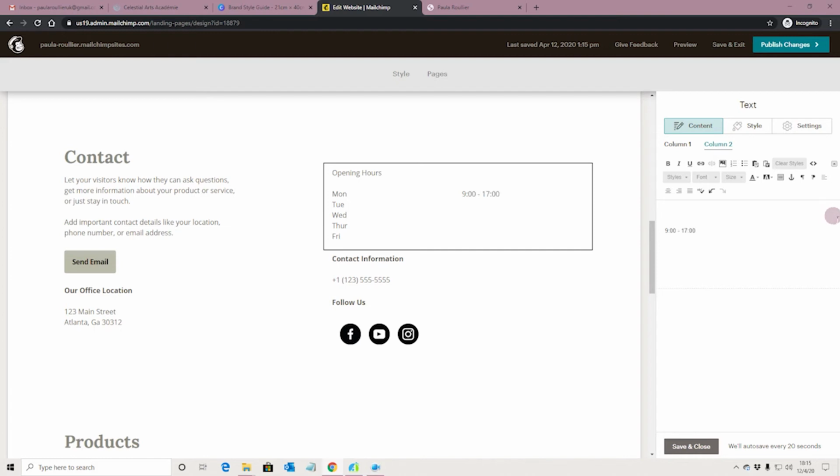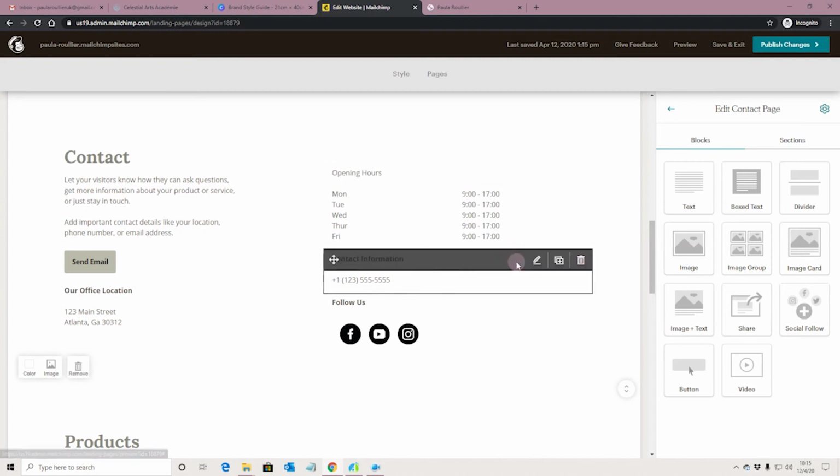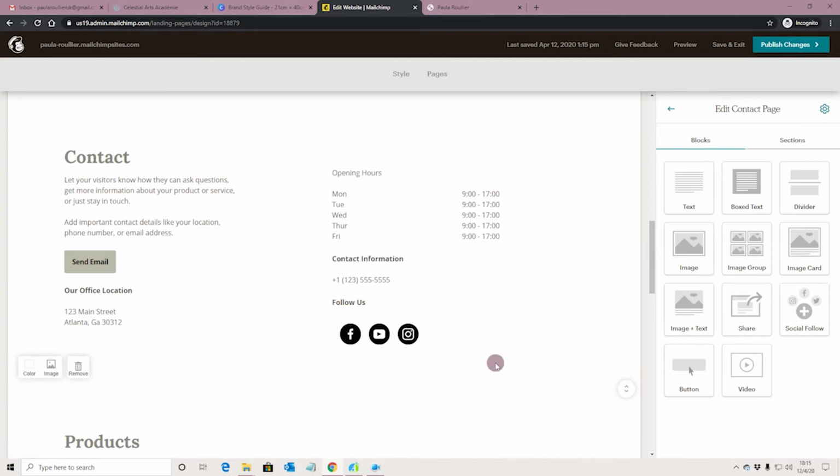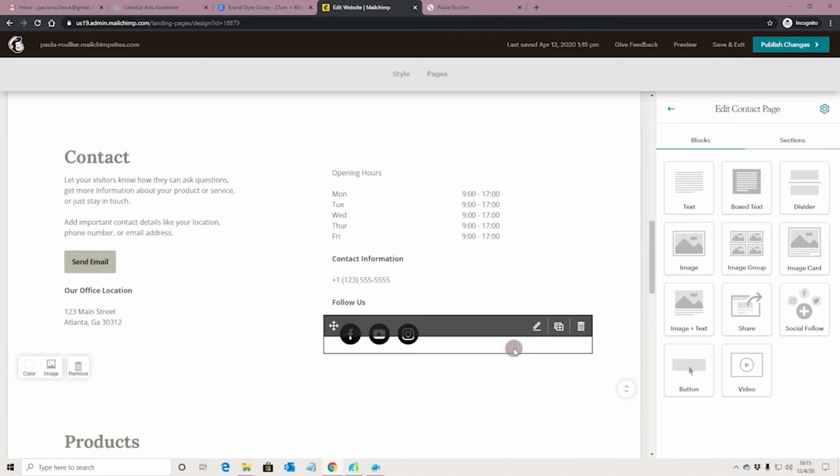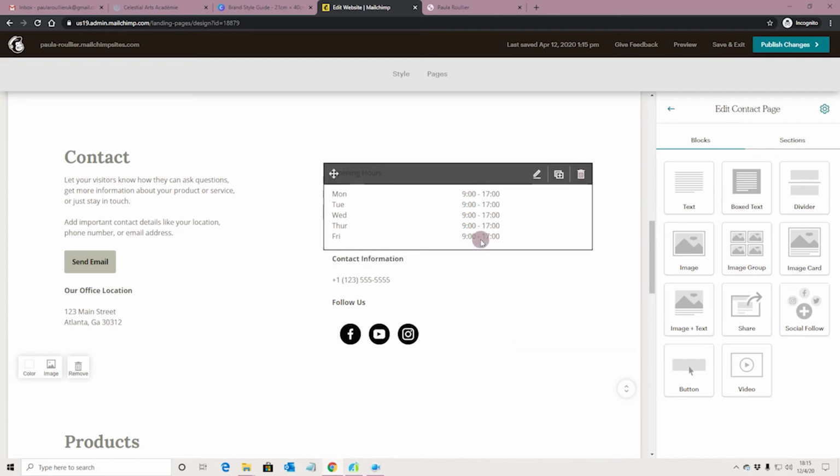And then just do that all the way down. So just whatever your opening hours are, and I'm just going to cheat. There we go. That's a really simple, quick and easy way to do your opening hours. That looks neat and tidy. And you could do the same if that was a community group and you were doing meeting times and things